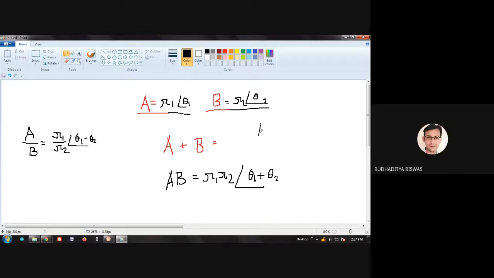Now, if I ask you the value of A minus B, then you people are not able to answer because you need to do something to go from the polar representation to the rectangular. You are not able to tell me this value very quickly as in the case of AB and A by B. So my aim is to say that the polar representation is required when we multiply or divide complex numbers, and the Cartesian representation is required when we do summation and subtraction. Got it? Yes, sir.